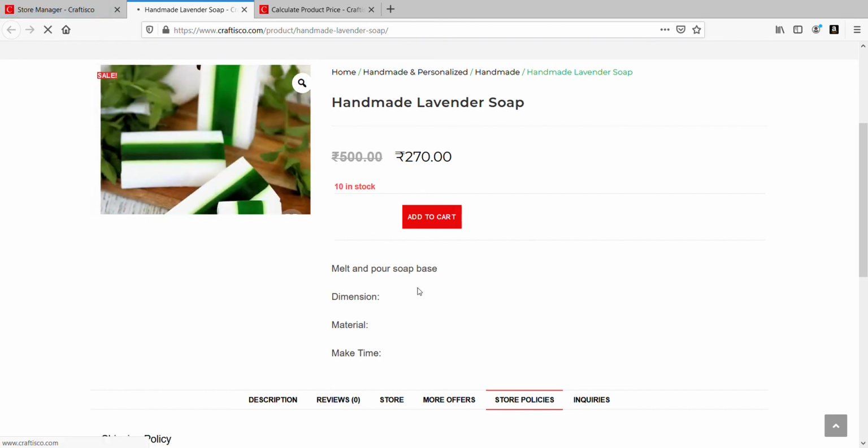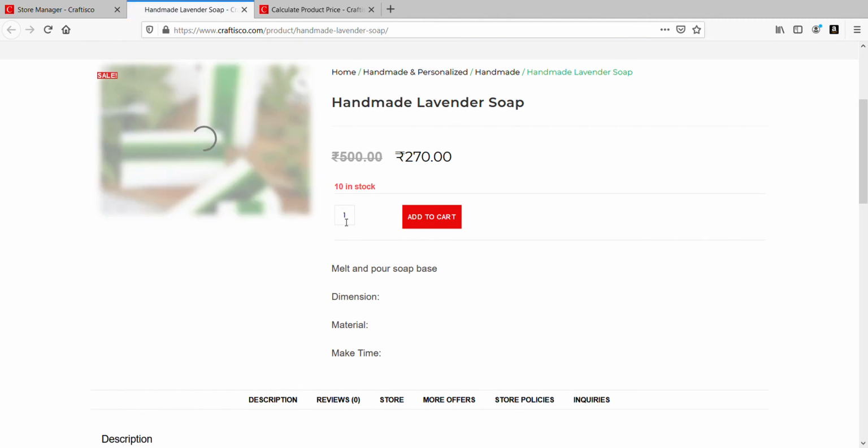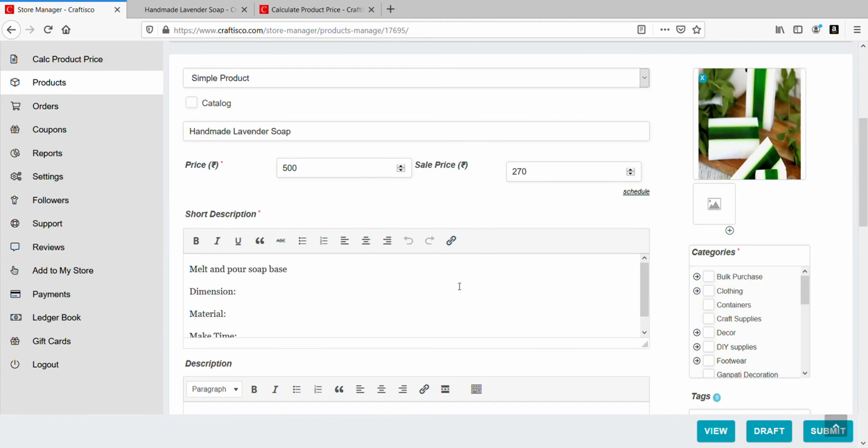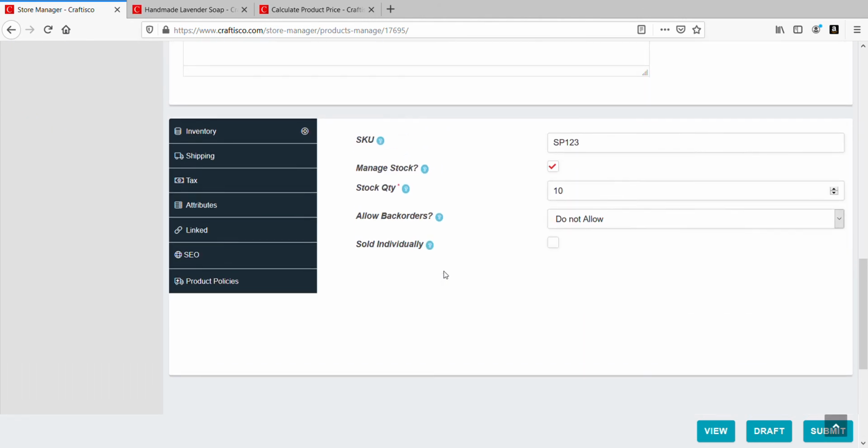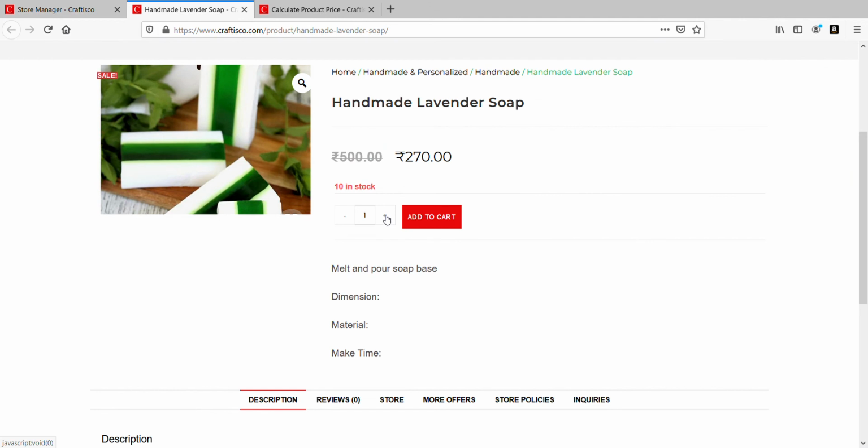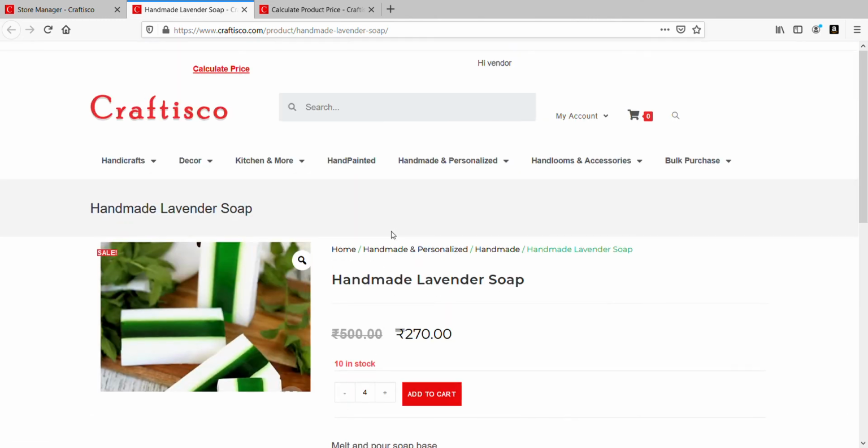So if I just refresh this, the user will be able to now add more than one. Manage stock. Right? So now the user will be able to add 2, 3, 4, 5, how much ever they want.